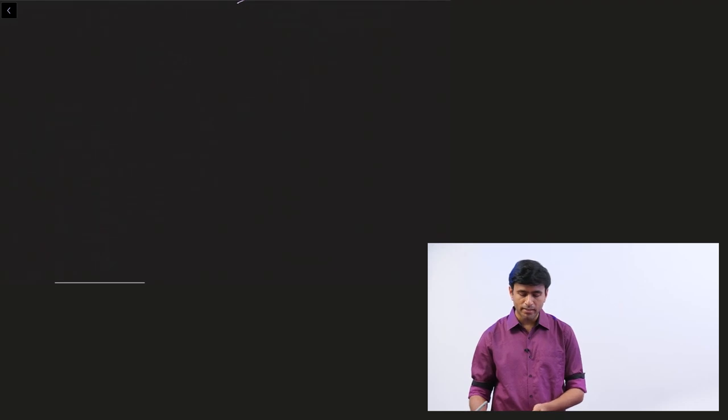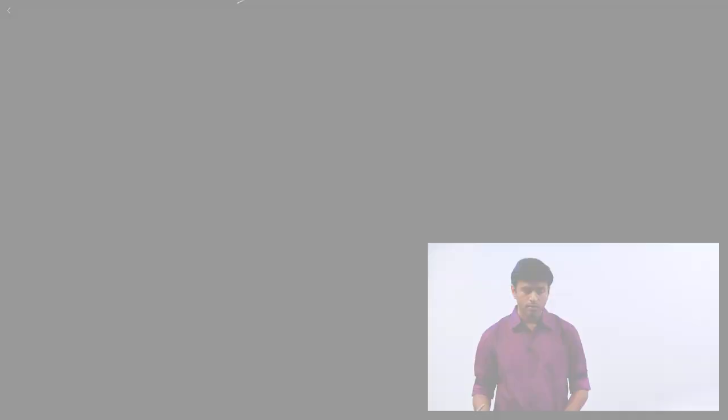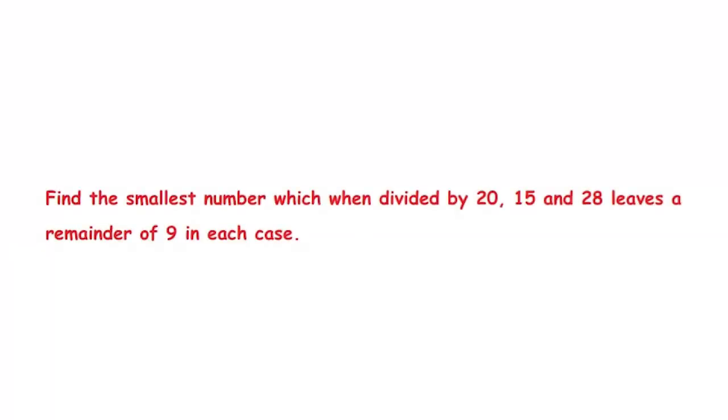Now that you've seen both the methods, let's try to do this problem. Find the smallest number which, when divided by 20, 15 and 28, leaves a remainder of 9 in each case. The moment you see a question like this, you know that they're asking you for LCM, because they're asking you the smallest number that divides these three numbers. That is your least common multiple or lowest common multiple. But here they mention that it leaves a remainder of 9 in each case. So remember,